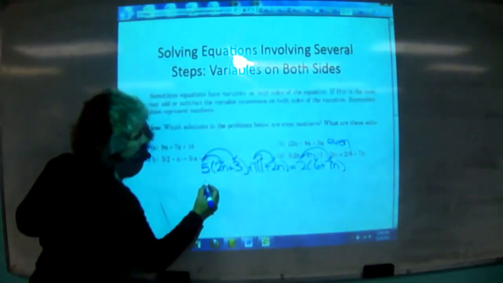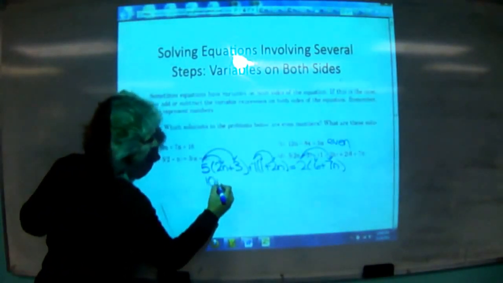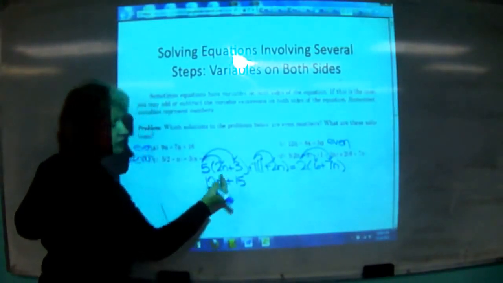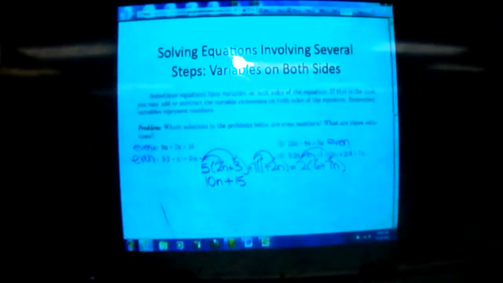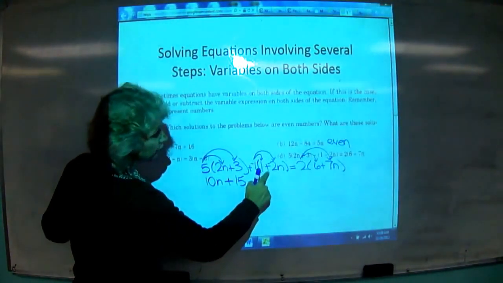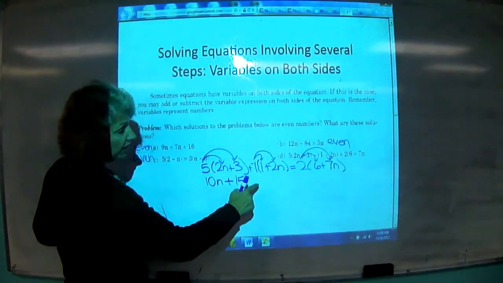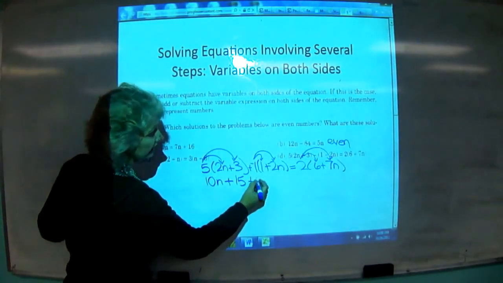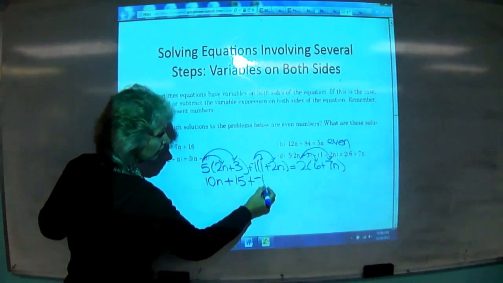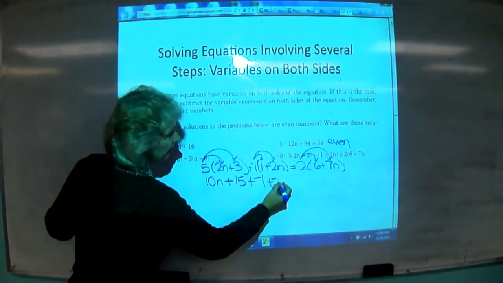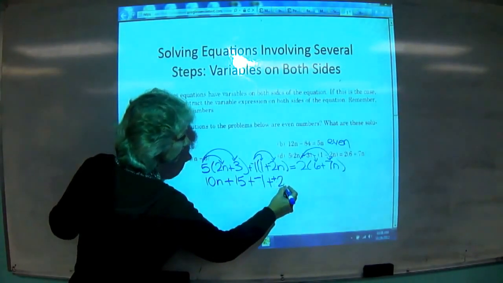So 5 times 2n? 10. 5 times 3? 15. Don't forget to bring down the operator, and in this case, when we add the opposite, it will always be plus. Is that a minus 2 right there? Yeah, so because it used to be subtraction, and then we added the opposite. So plus negative 1 times 1 is negative 1, plus negative 1 times negative 2n, it's positive 2n now, because